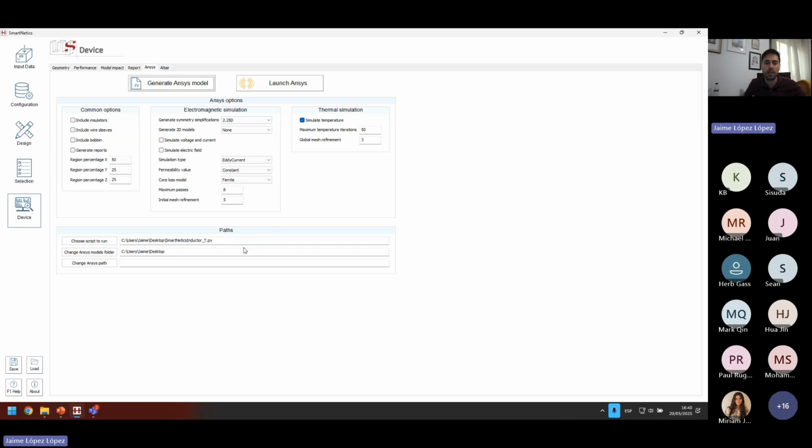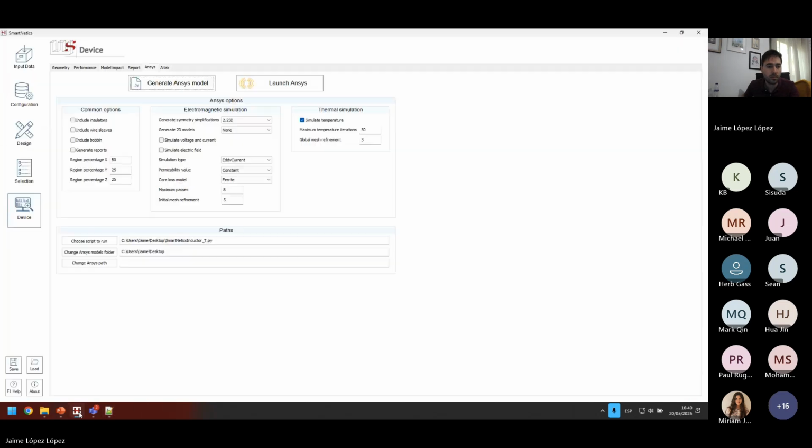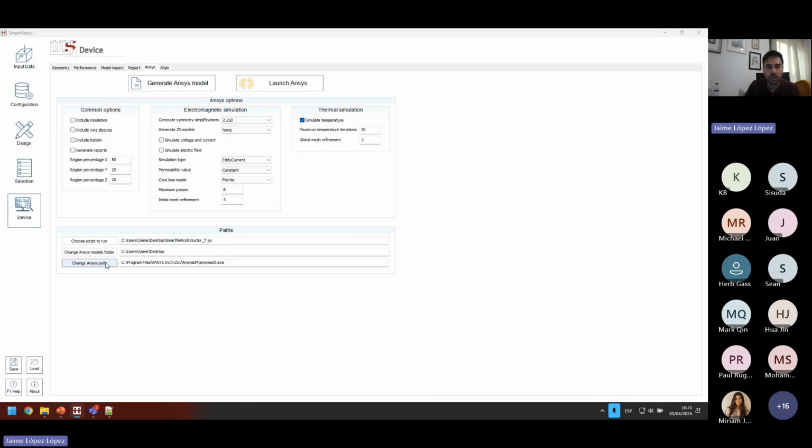Once you have generated your model, you can run the simulation on a different computer, if you have ANSYS on a different computer, or on this computer at a different time, or if you have ANSYS installed here, with a valid license, of course, you can launch ANSYS from here. This is not my computer, so this field is empty, but let me copy this. If you want, you can also check for ANSYS with this button in here. And if you have ANSYS installed, as I was saying, you can launch it from here.